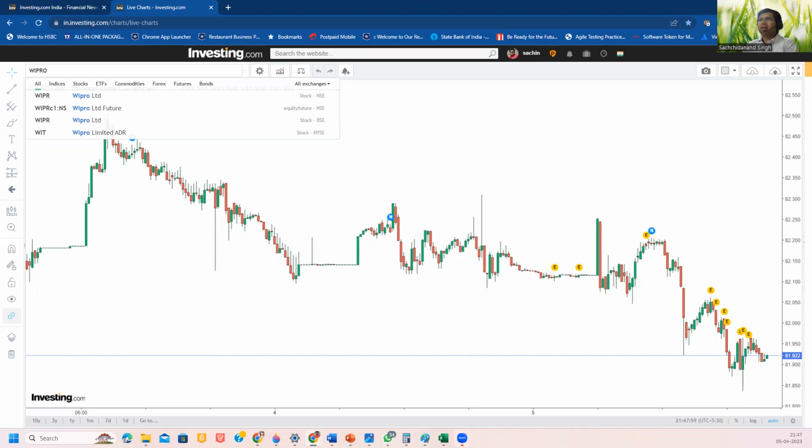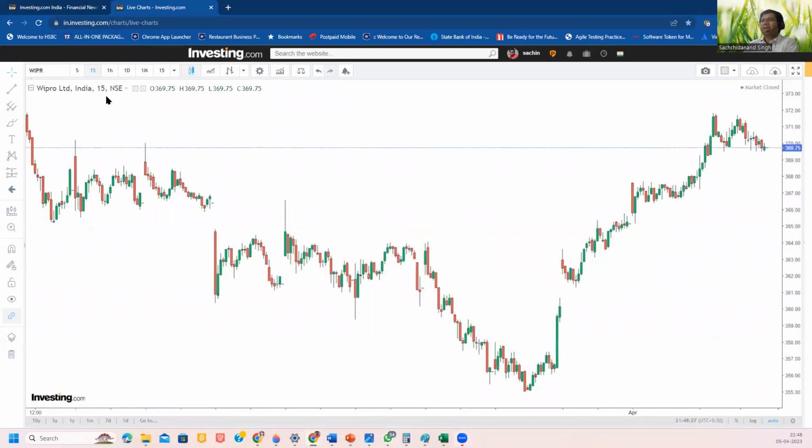But as I said, if anyone is doing trading considering futures and options, those kinds of things, the volume used to be more. Even for normal equity share purchase and selling, the NSE market used to have more volume. So that is the reason I primarily use NSE charts. So here I clicked on NSE, and by default,